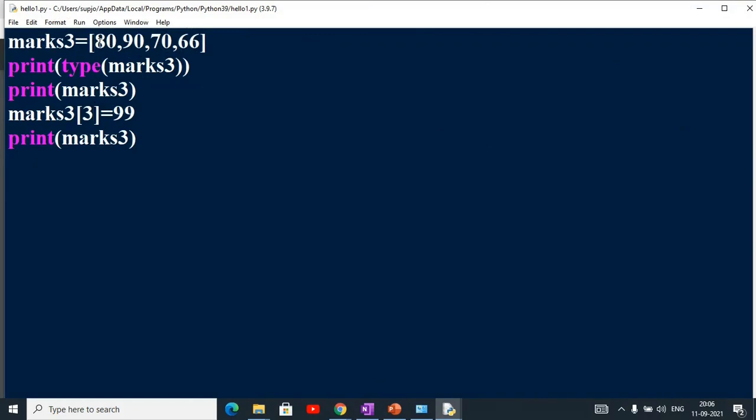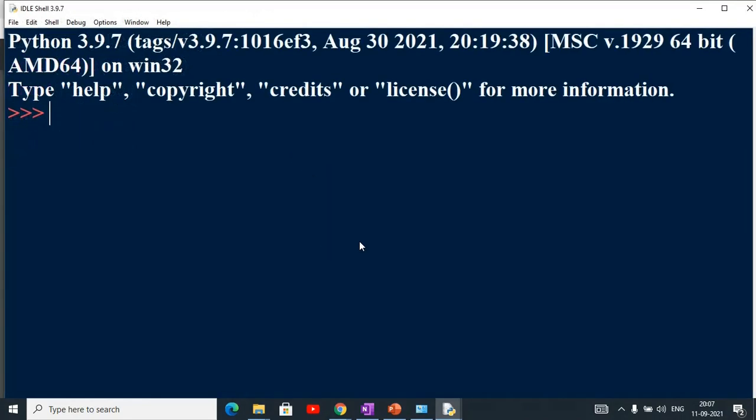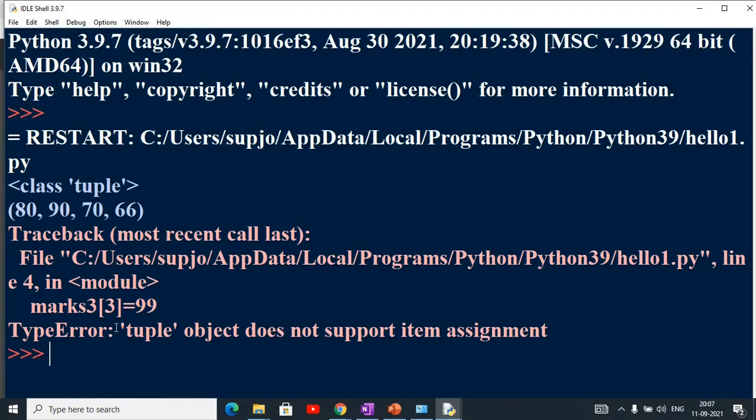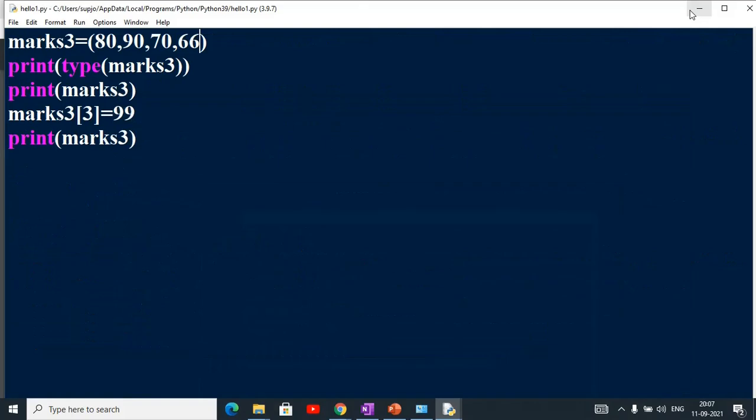अभी इसी को चेंज कर देता हूँ मैं, यहाँ पे इसको टपल बना देता हूँ। तो रन किया मैंने इसको, तो देखिए क्या एरर आ रही है, आप देखेंगे यहाँ पे टाइप एरर आ चुकी है। टाइप एरर: टपल ऑब्जेक्ट डज नॉट सपोर्ट आइटम असाइनमेंट। इट मीन्स टपल इज इम्यूटेबल। टपल क्या होती है? इम्यूटेबल होती है। टपल को हम चेंज नहीं कर सकते हैं।